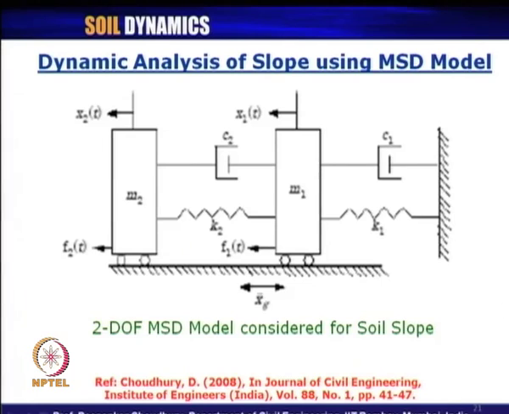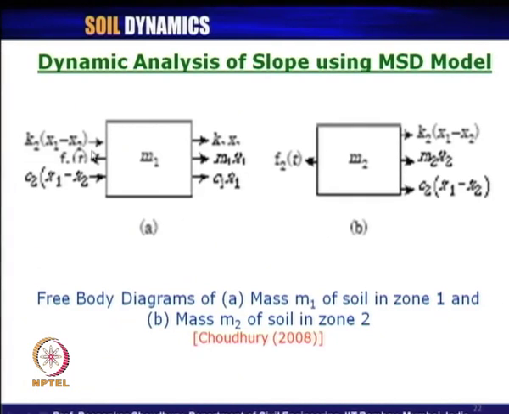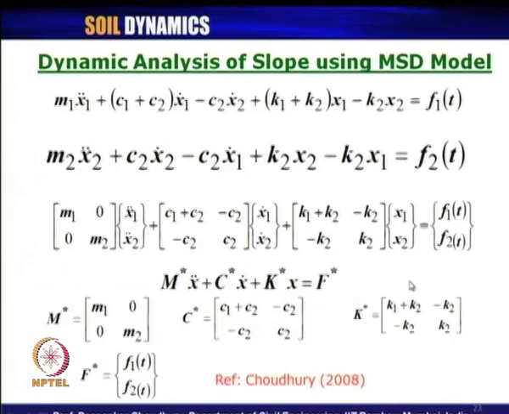Again, the forces acting on each of these elements, that is mass M1 and M2, are shown: stiffness force, damper force and inertia force, along with the externally applied dynamic load, and how they are acting. This free body diagram can easily be drawn. From this free body diagram, we can use D'Alembert's principle and write down these equations, as we have already done in our previous modules, and finally express it in